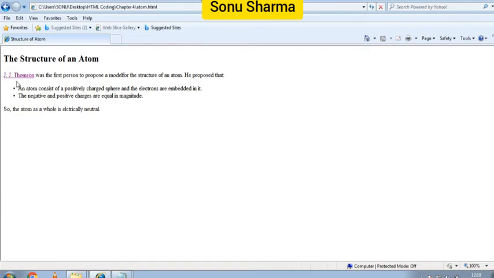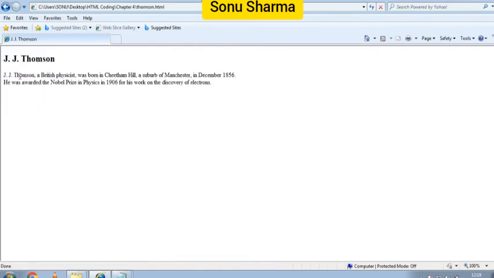Now we want to see who JJ Thomson is. You can see this is the hyperlink that we have created. This is the identification: no other line is underlined, no other line has this blue color, and when we move the mouse pointer over no other line does it change to the hand sign. Only on JJ Thomson does the mouse pointer change into a hand sign. That means it is a hyperlink. So when you click JJ Thomson, it will go to the next page with the description of JJ Thomson. Okay, now see this.